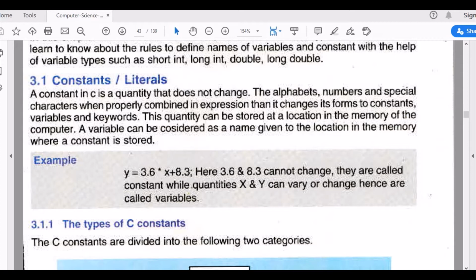As in this example, y is equal to 3.6 into x plus 8.3. It means you cannot change the values 3.6 and 8.3 because they're already defined in this expression. If you are expressing y is equal to 3.6 into x plus 8.3, it will remain the same. That is constant.